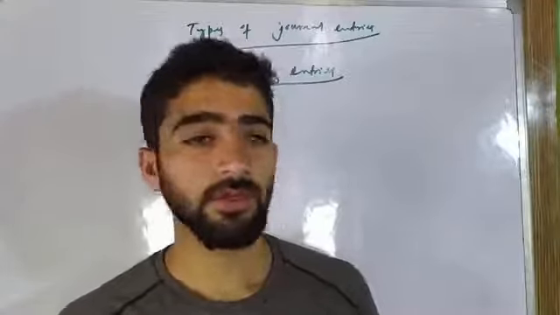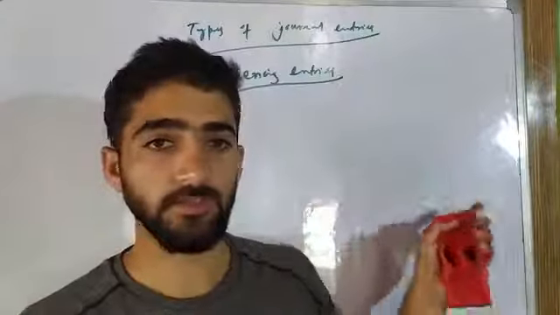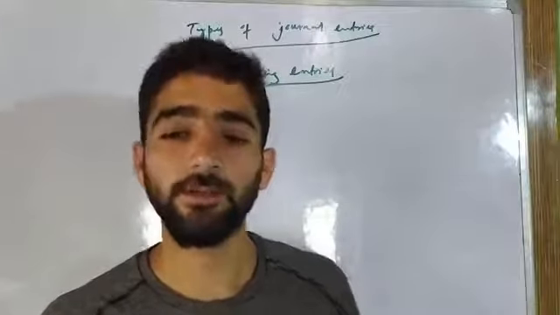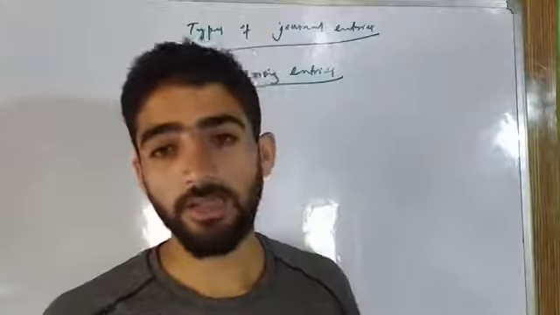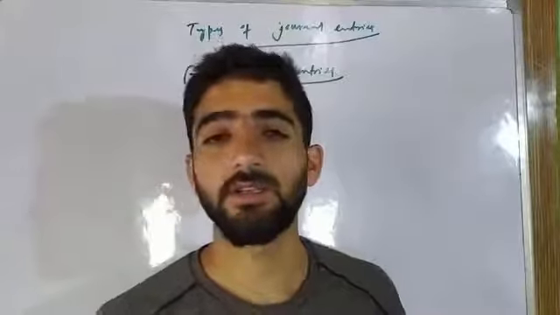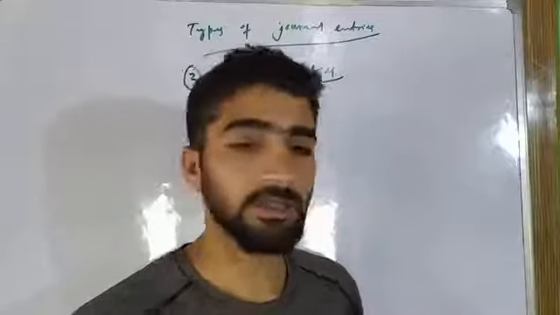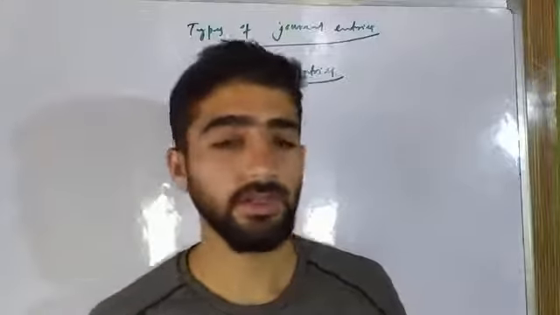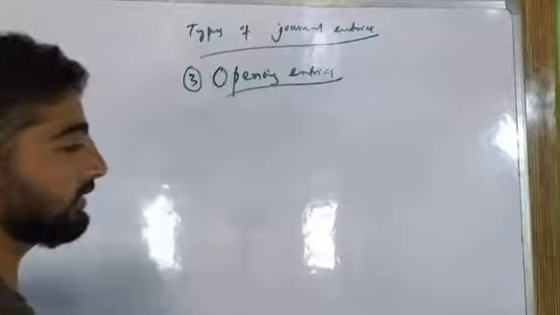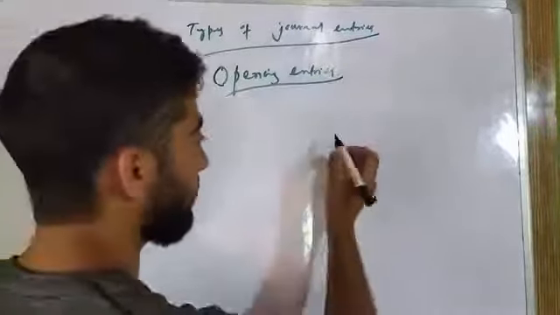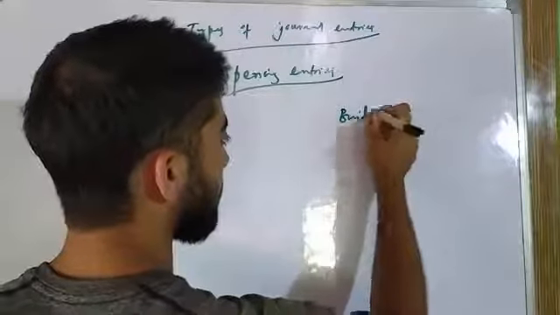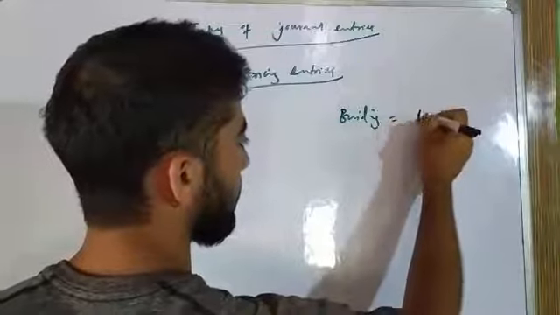what will we do? Firstly, we will do an opening entry for that building. And after that, all the accounting will be done this year. All the accounting adjustments will be done this year in the journal, in the ledger accounts, and whatsoever it is. Let me write this example in order to make you understand it. For example, the original cost of building was rupees 1 lakh.